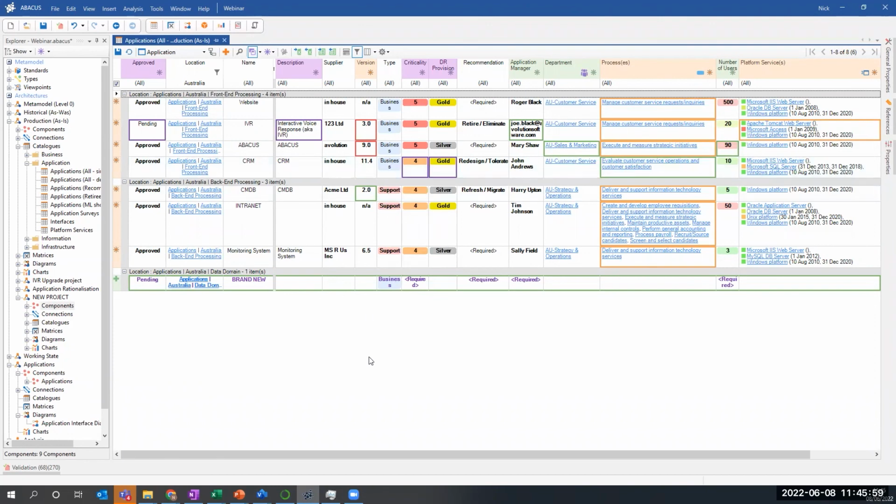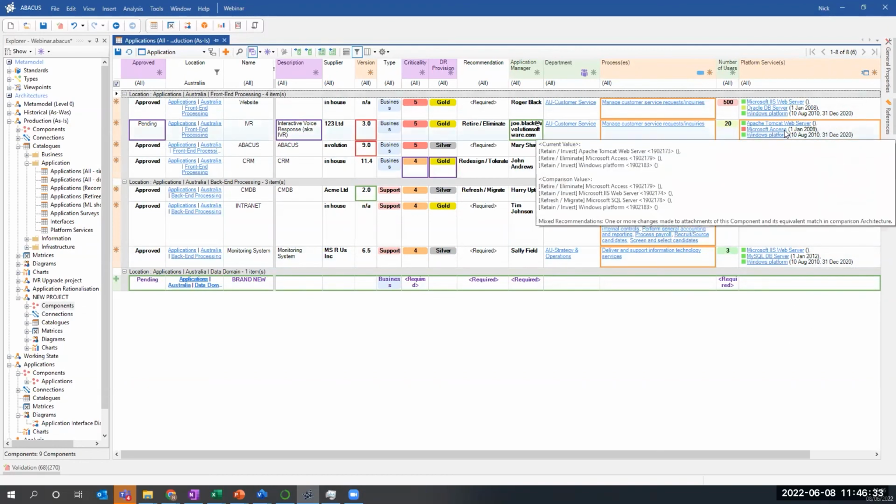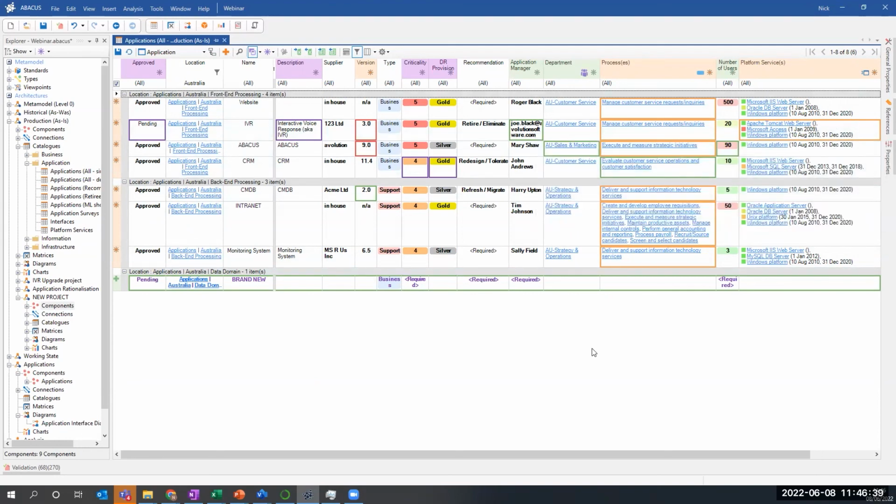Again, this algorithm actually has an explanation on the knowledge portal. So if you want to go into a bit more depth on it, we can share that link with you. But that will basically define the business fit. The technical fit is actually looking around the end of life dates of the technology that supports these applications. So these are all connected, we can see here, to platform services. So if this is actually connected to any out of date technology, so where we can see here, for example, Microsoft Access, the one that I've got, went out of date in January 2009,